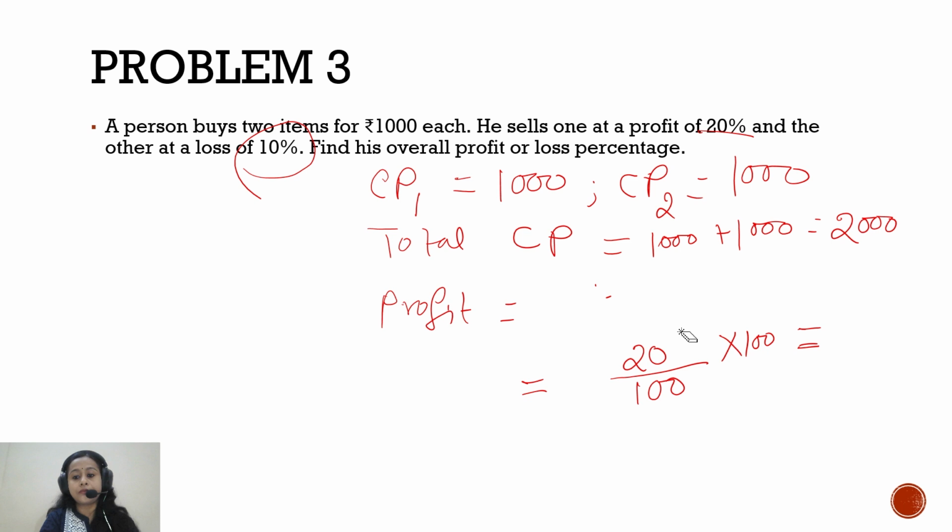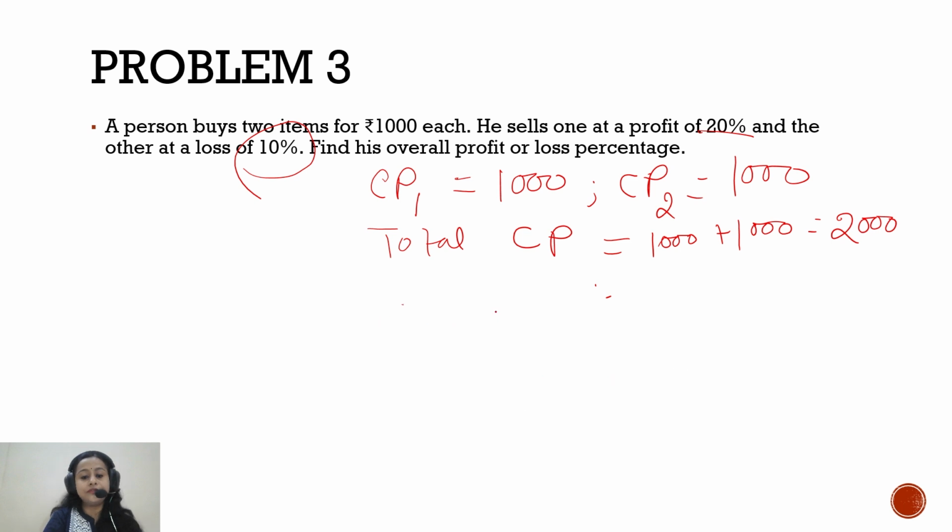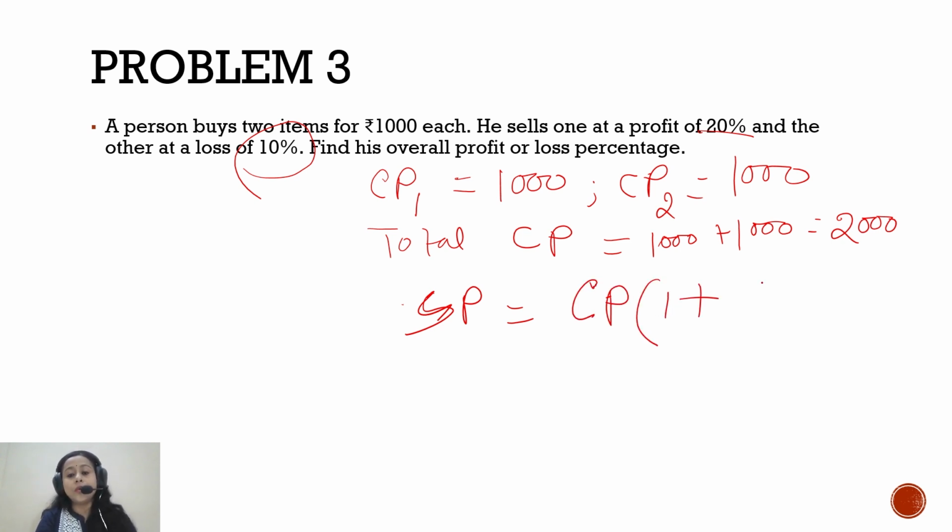So directly, instead of calculating profit, we'll find out the selling price directly. So just applying the previous formula, directly we'll find out the selling price. And the formula for selling price, when cost price and profit are given, is 1 plus profit percentage by 100,